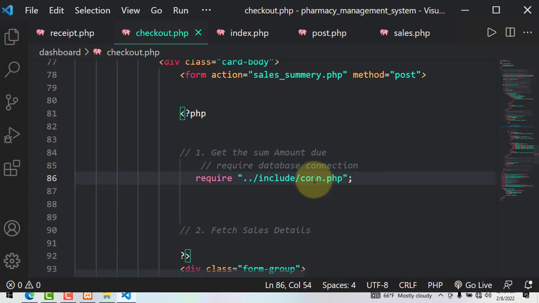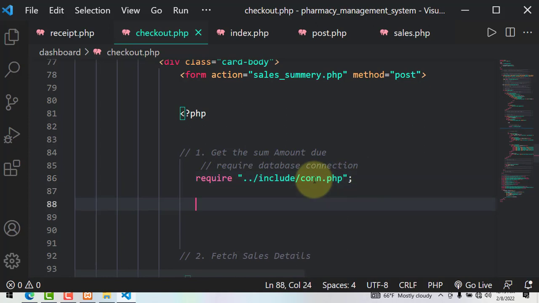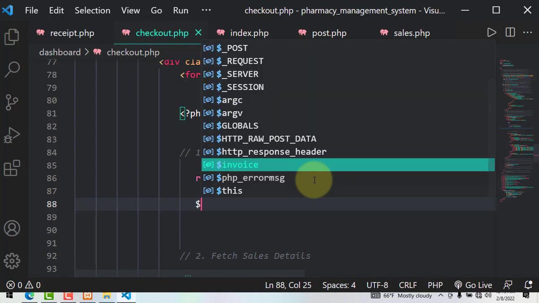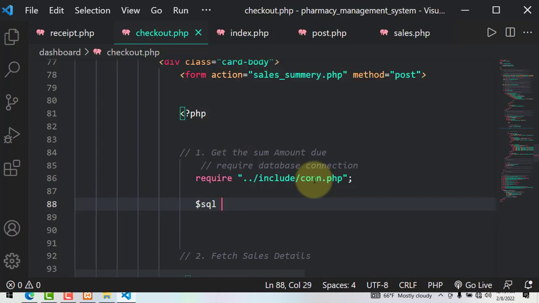Now after that, to be able to get the sum, I'm just going to create a variable called SQL, and here I'm creating a select statement that will help me to select the sum. So I'll say in quotes: select sum from the column called total